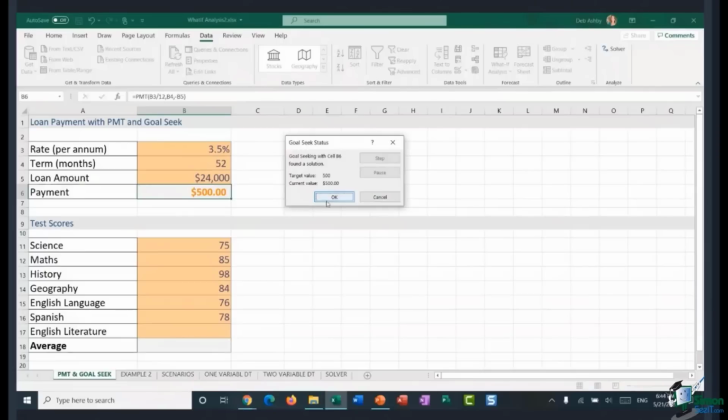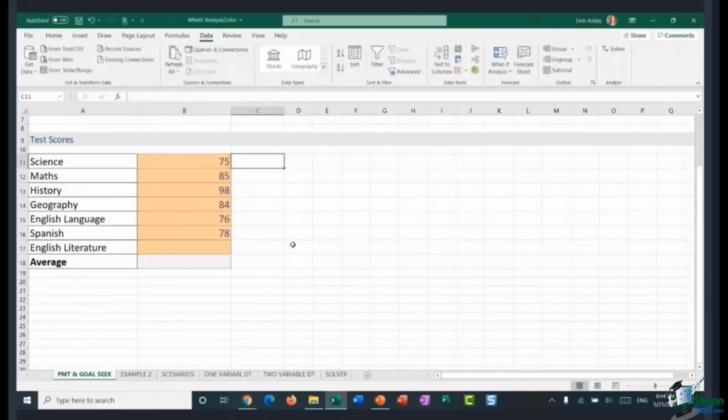Let's use it in a different example. Let's scroll down. Now here I have something slightly different. So we have some test scores here. So let's just pretend these are test scores for a student. And you can see all these different scores for these different subjects. Now the student has to get an average score of 80 in order to pass all of their classes with a grade A. Now they haven't yet sat their English literature test, but as the student, I want to know what the grade is that I need to get